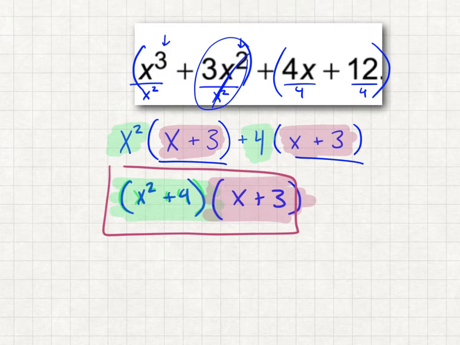So you just rewrite what you took out. So we took out an x squared and a 4, so that's what goes here. So it all depends on what we take out. No, but what if the top was x squared and then x plus 3 and then it was plus 4